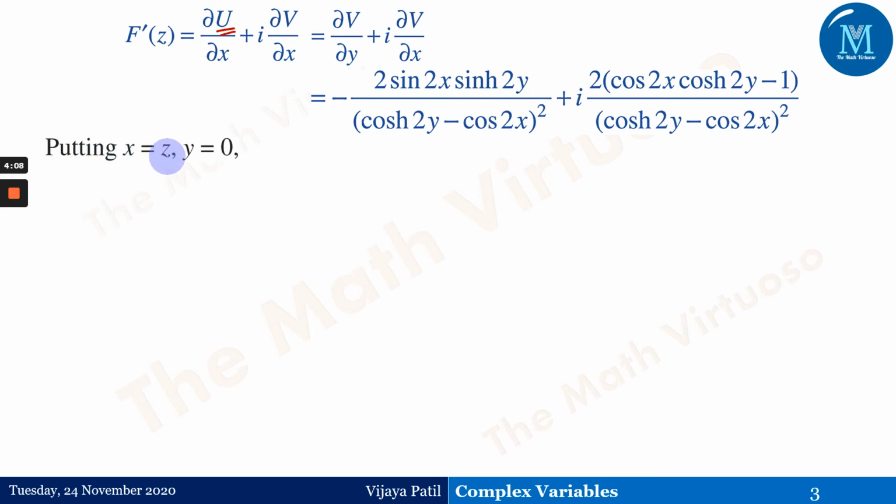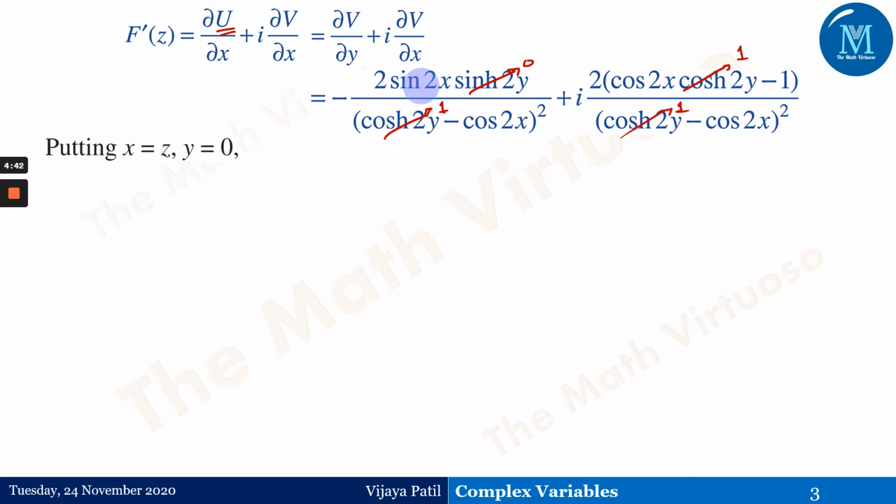So putting x equals z and y equals 0. We have to take care of this y equals 0. Whenever there is a sine term with y, that will directly move to 0, so we don't even have to consider it. So sinh 2y will move to 0 because y is equal to 0, and therefore this first term will move to 0, and the rest of the things will not go. But yes, cosh 2y will move to 1 at y equals 0. Similarly, this will also move to 1, because of the value of y.